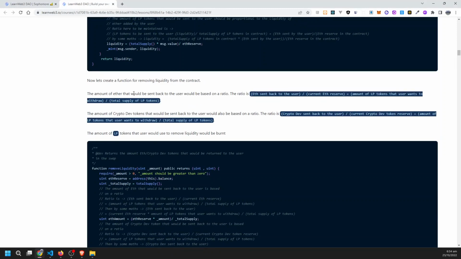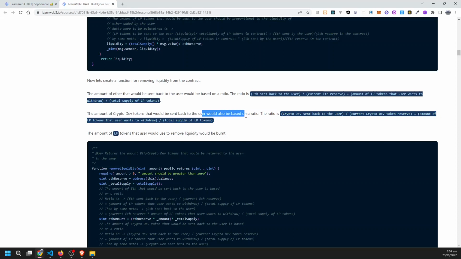The amount of ether that would be sent back to the user would be based on a ratio. The ratio is Ethereum sent back to the user divided by the current ether reserve, equal to the amount of LP tokens that the user wants to withdraw divided by the total supply of the tokens. The amount of crypto dApp tokens that would be sent back to the user